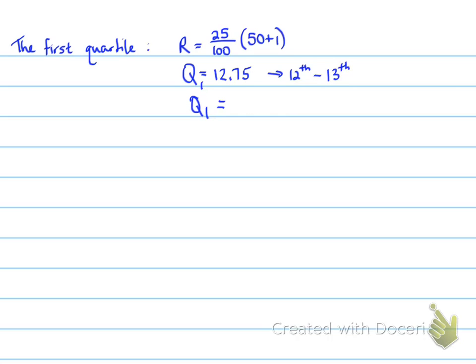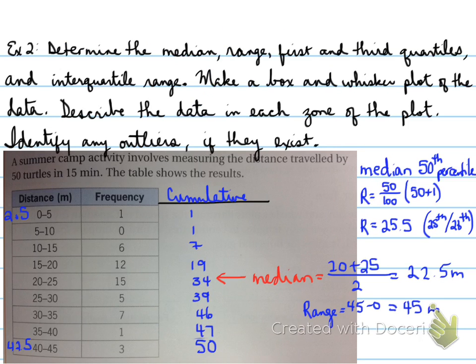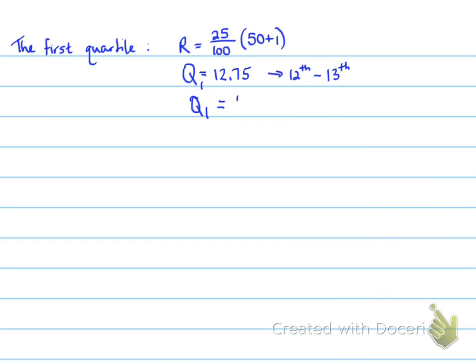So we'll go back to the chart and come back to this one in just a second. Let's go back to that chart. So the 12th and 13th piece of data is found after the 7, before the 19th. So our 12th to 13th piece of data is found here in this range. So that is our first quartile. So that will be 17.5. That is the midpoint of that